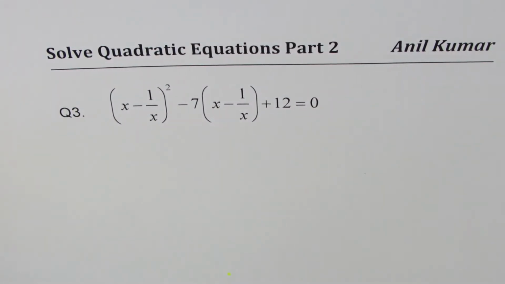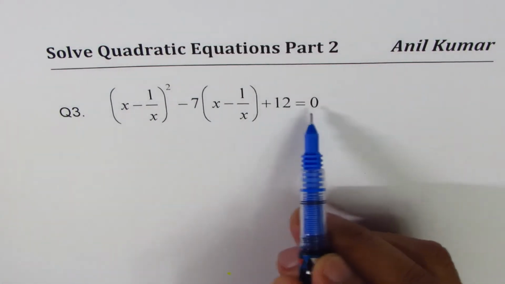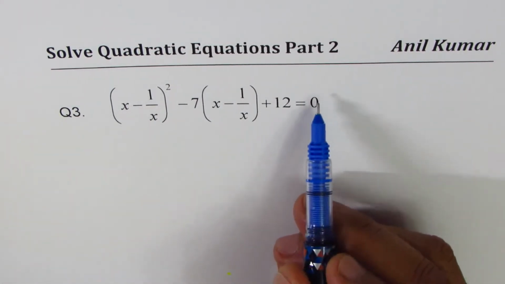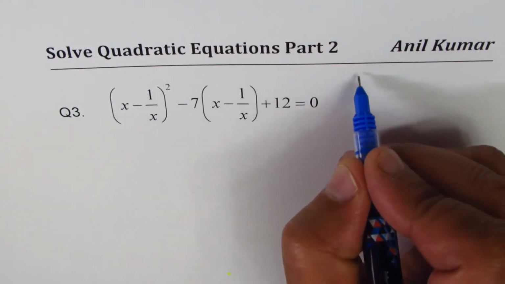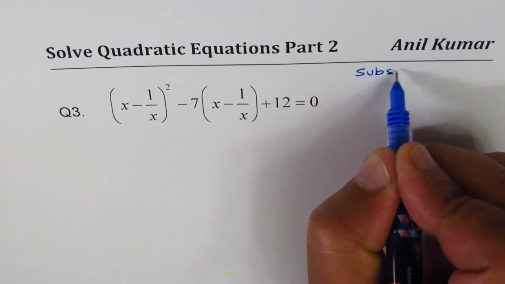I'm Anil Kumar, and in this part 2 of solving quadratic equations, we have some examples which require some strategy to solve. Question number 3 here is (x minus 1 over x) whole squared minus 7 times (x minus 1 over x) plus 12 equals 0. As you can notice, this is a quadratic equation where the variable is x minus 1 over x. So if I do a substitution